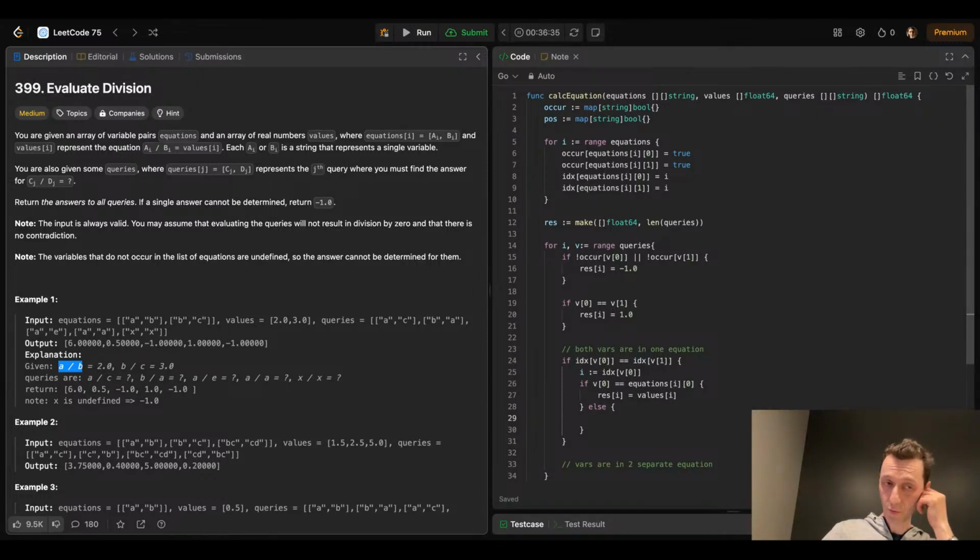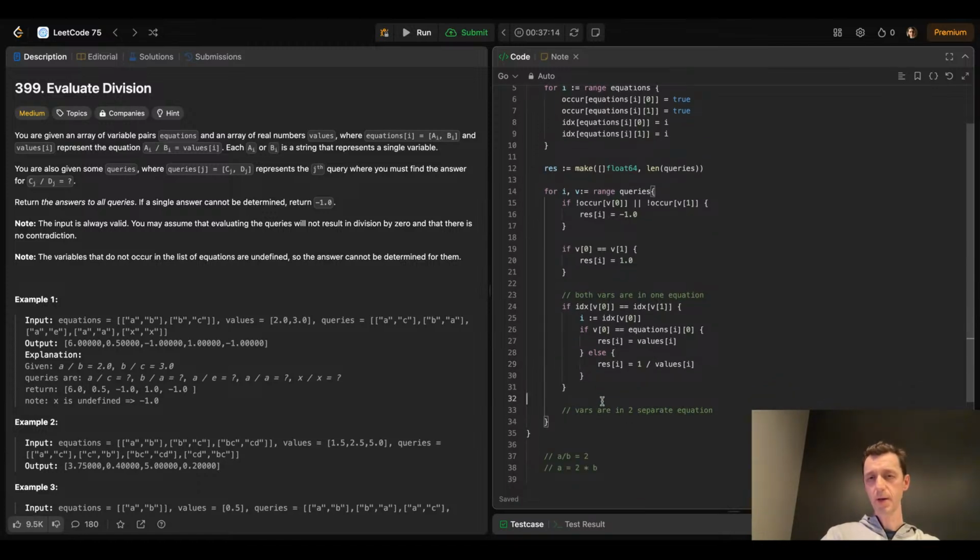So we need to do the query is BA, and that would always be 1 divided by that value. 1 divided by that value. Okay, then